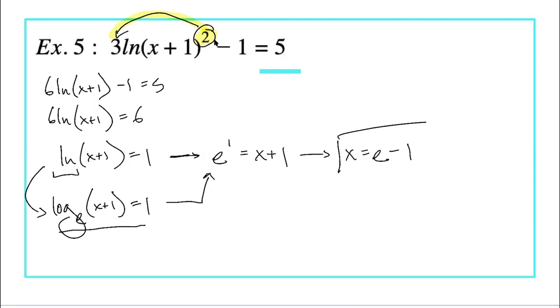And again, e is a decimal that never ends but keeps going, not with a real pattern, so it's an irrational number. So if you were to round here, you'd probably lose a little bit of that accuracy. I would just leave it as e minus 1, and that's actually considered a simplified answer. Okay,